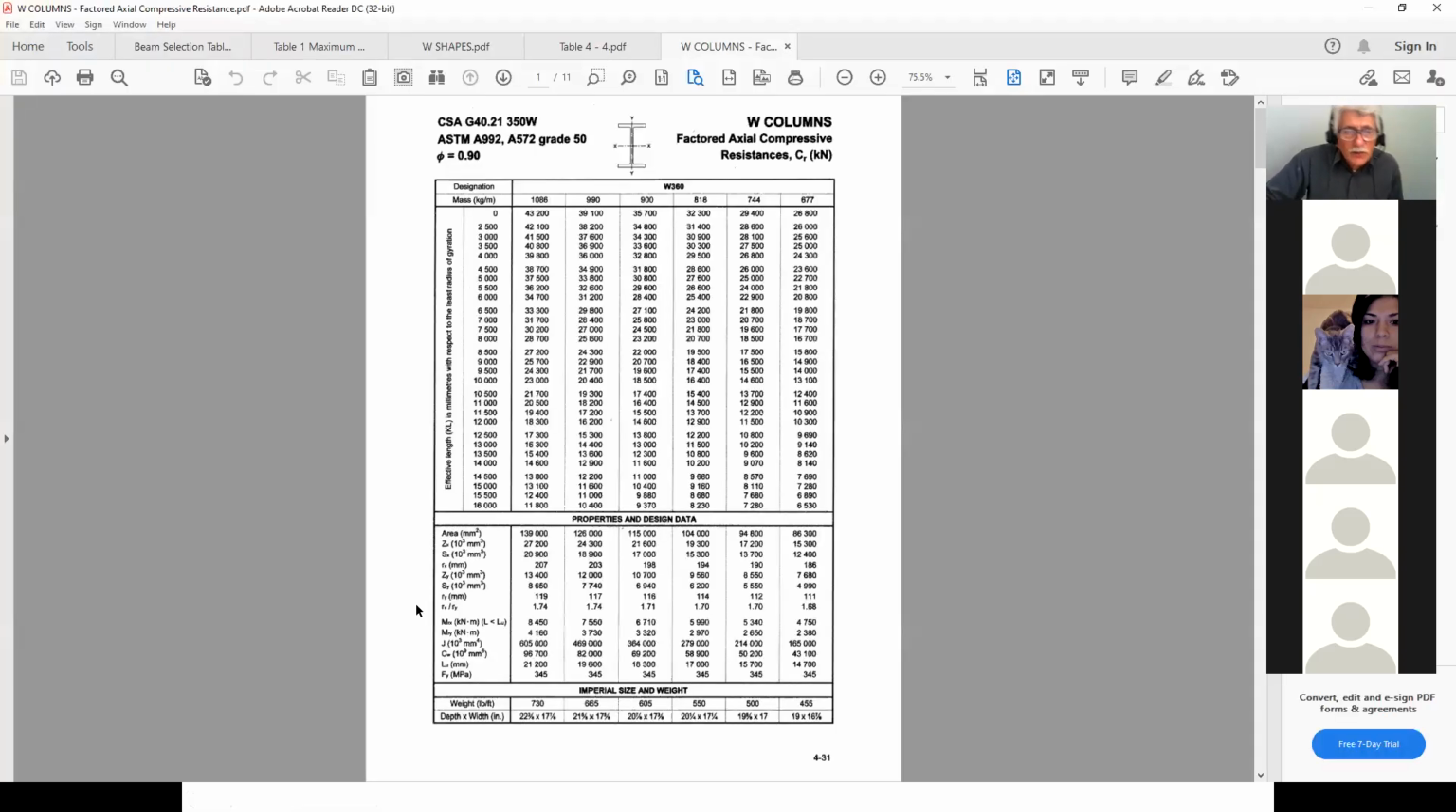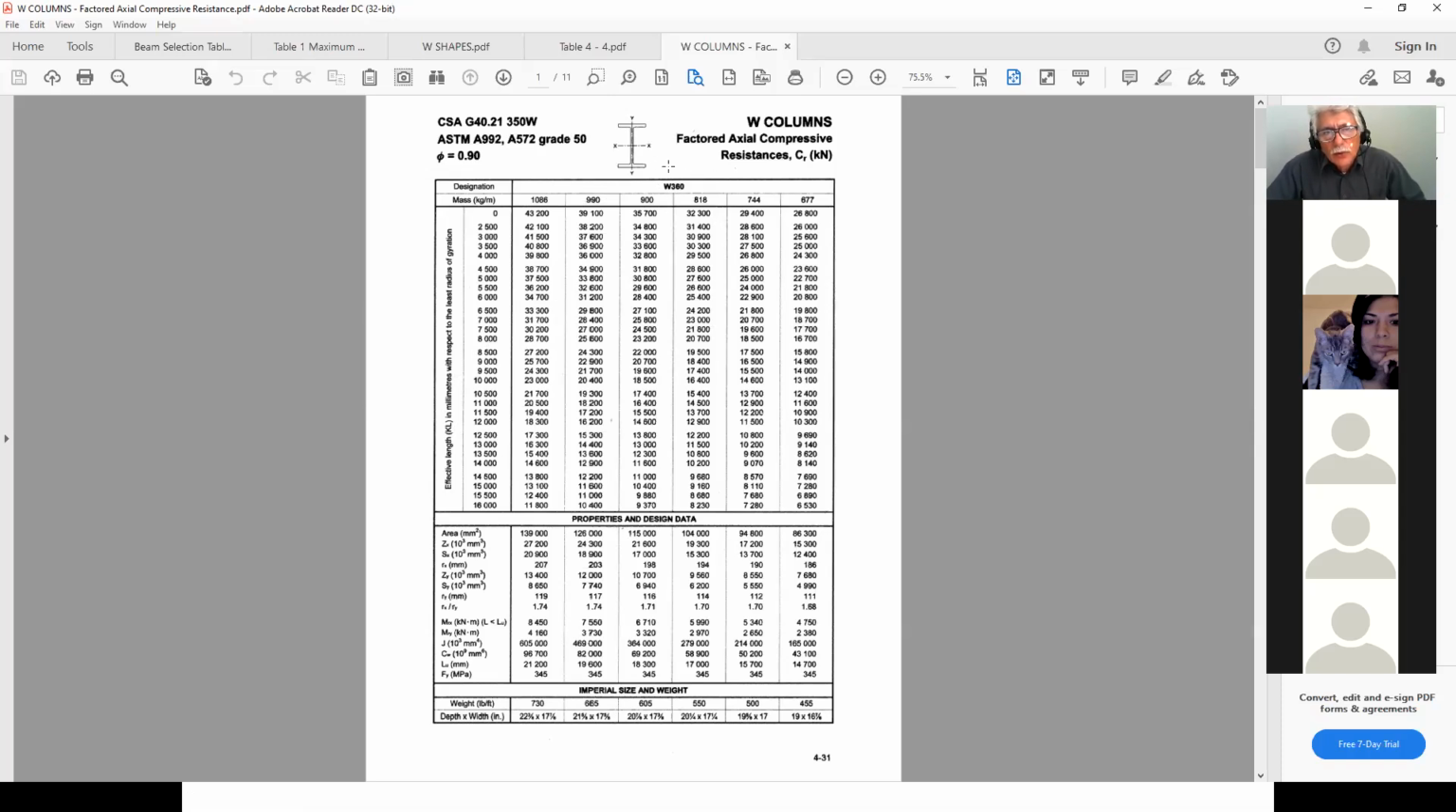Here what's nice about this is that they give you the effective length KL, but this is always the y-axis that governs. This is always the y-axis that will govern your choice. In other words, it's always the RY, or the KL of the y-axis, that governs the length. So for example, if I happen to have